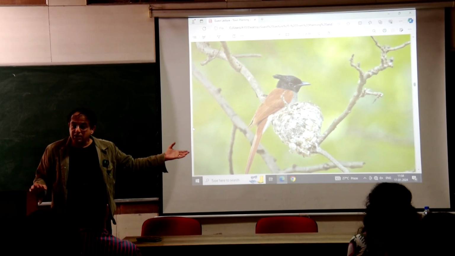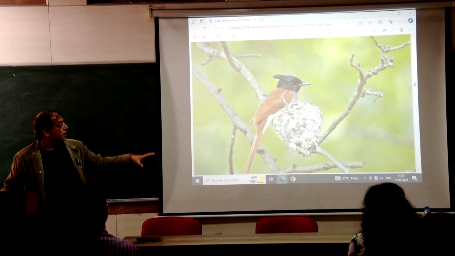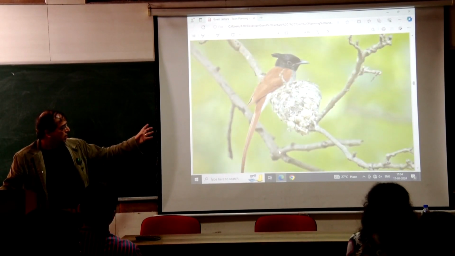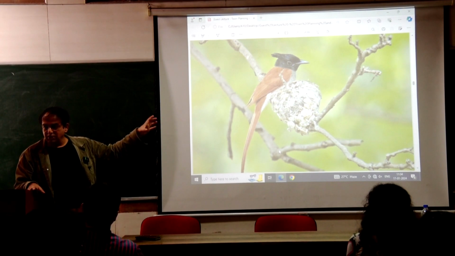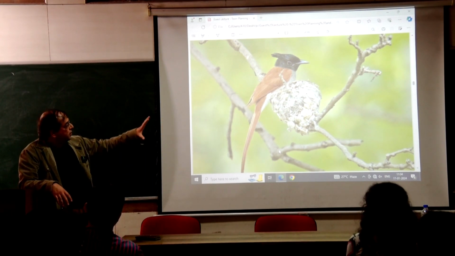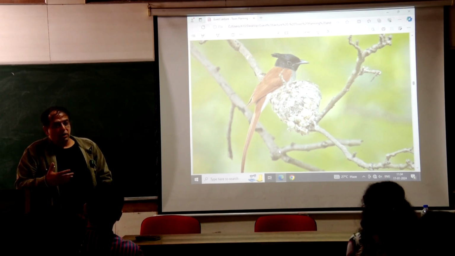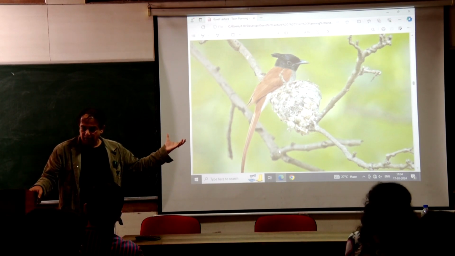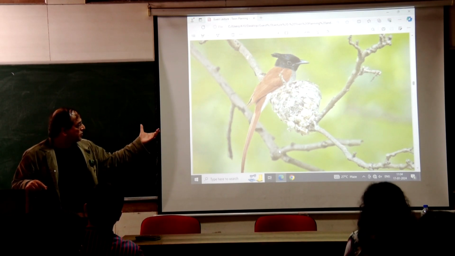Then these things, unless and until, this is a paradise flycatcher, this is a nest, okay? So I asked my guide how this, now in the photograph it may not be that clear. See the size of the bird and see the nest size. Another aspect I asked is that the nest was shiny, extremely shiny. So I said, first, how is that nest shining? Second, how those leaves and all those things are